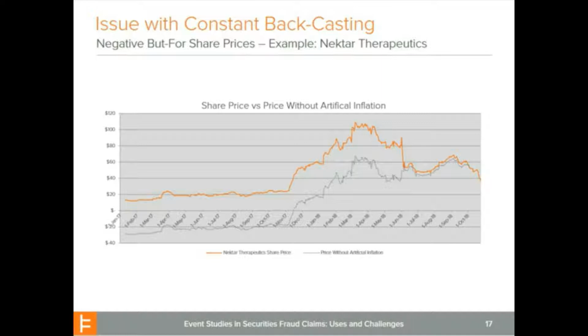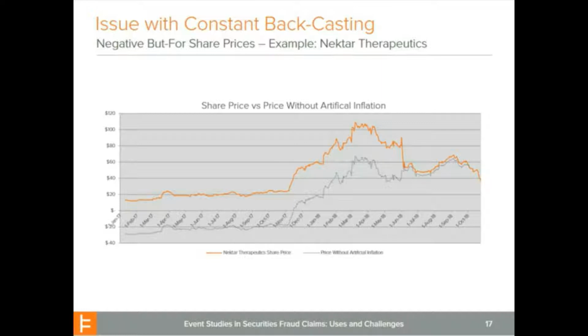The important thing for the purposes of this section is just that there's been a major disclosure. There's a but-for counterfactual share price, that blue line. Going back, we're saying there was this much inflation prior to that disclosure date. And if you keep going back, until about November 2017, all of a sudden you're claiming implicitly that your counterfactual price, what the price should have been, is less than zero,